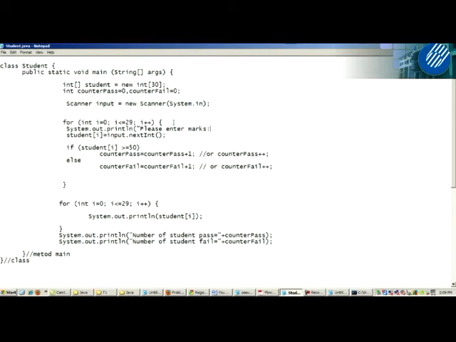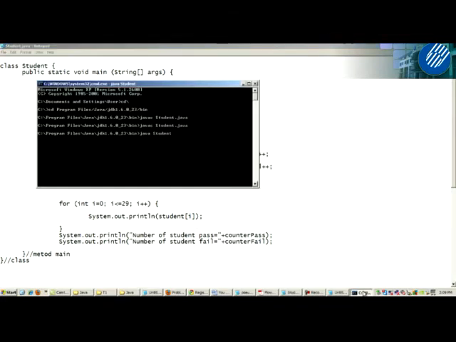That's it, so that your program is easier for you to understand. Okay, so you save. Once you save, you go back to your command prompt.